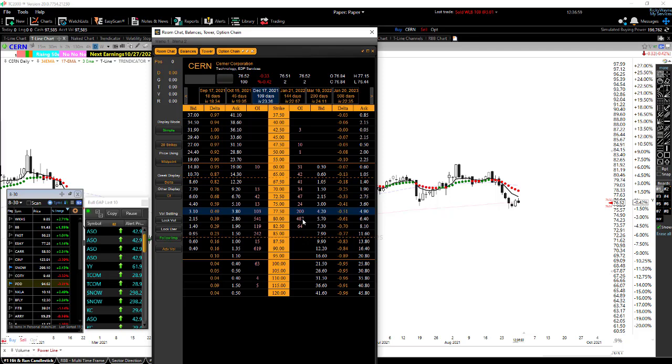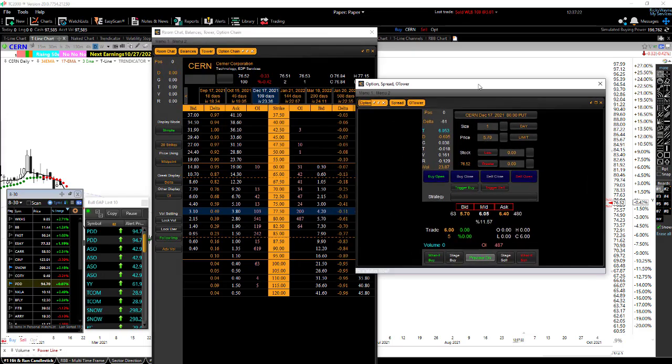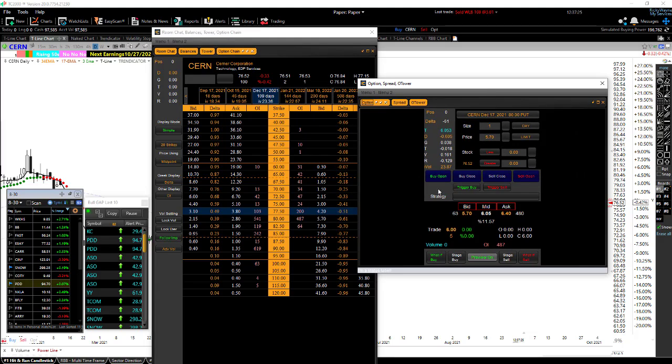That'll work for me. The problem is the delta is not quite what I want. I would prefer 70, but you know what? I'm not going to shoot it. If I really wanted this trade, I might take that trade right there. And then I'll just click here. It shows up on the ticket, and I'm going to bring the ticket down for you. There you go. And I would just buy to open because I'm buying a put. So I would just buy right there.